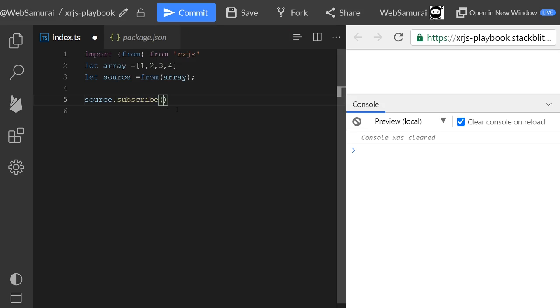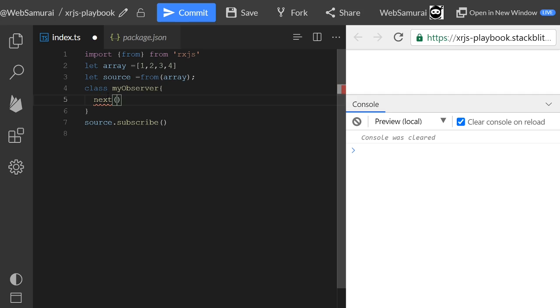So how can we create this observer? Let us create it in a simple way by using a class. Let's create a class called MyObserver. To become an observer, it simply needs three methods. The first method is next.